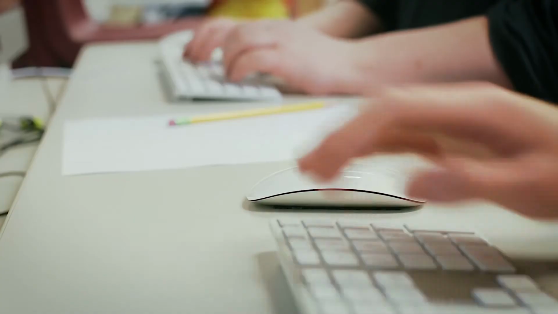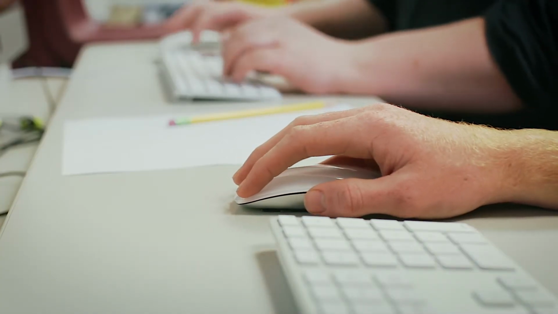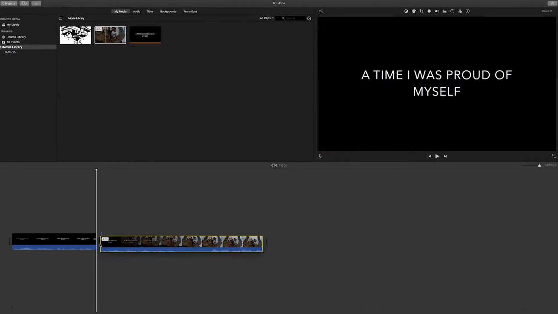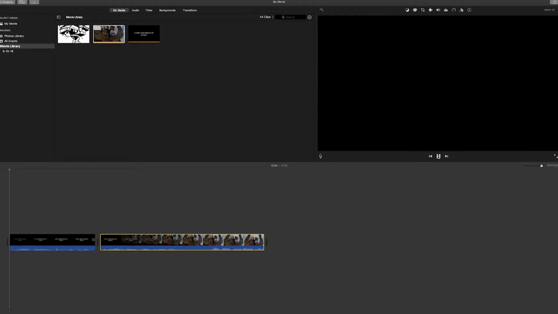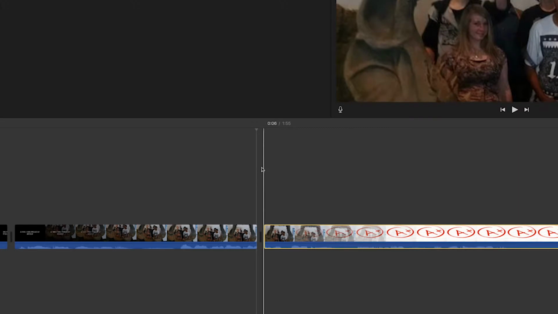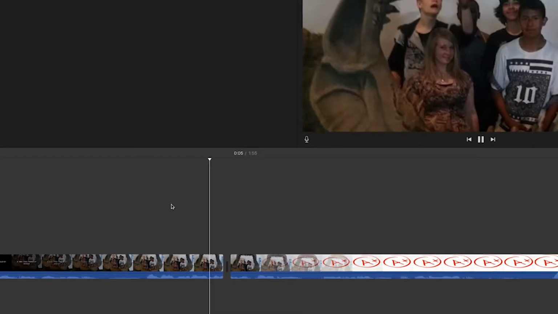Once they have the photos and their stories on there, now is the editing phase. Now they become editors. Now it's Hollywood, right? The storyteller will then edit the visual images or the video, maybe add a soundtrack, put in transitions from image to image, put in titles or words as needed.